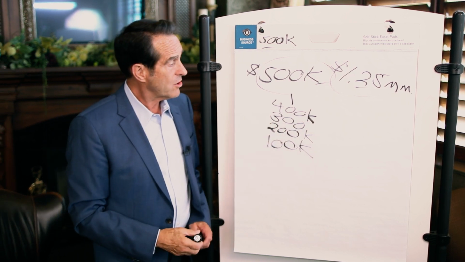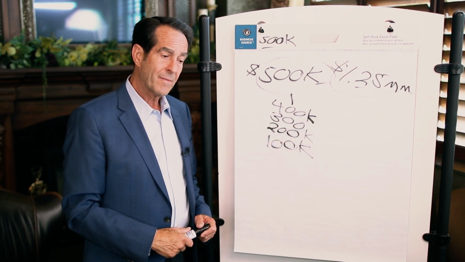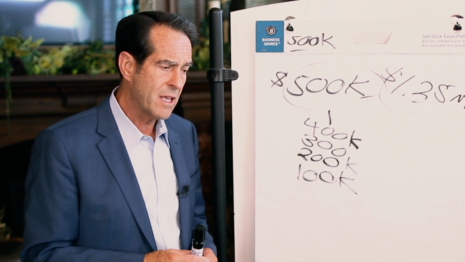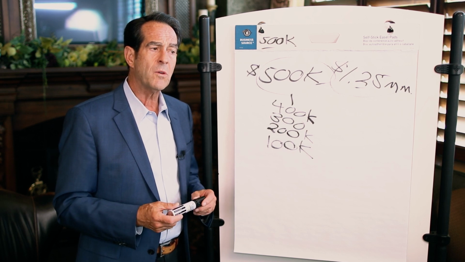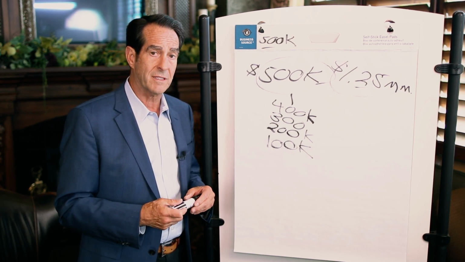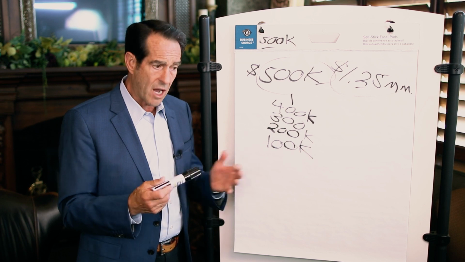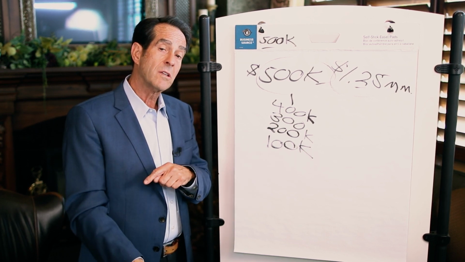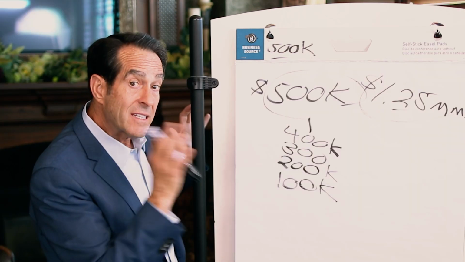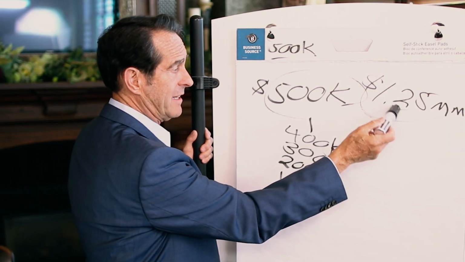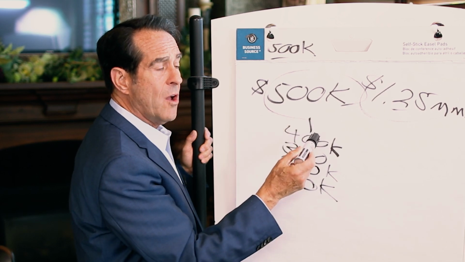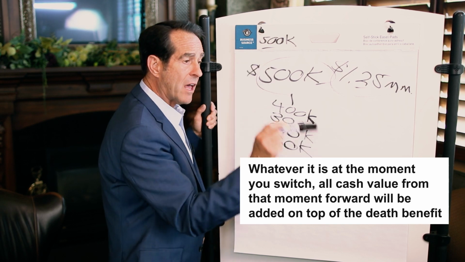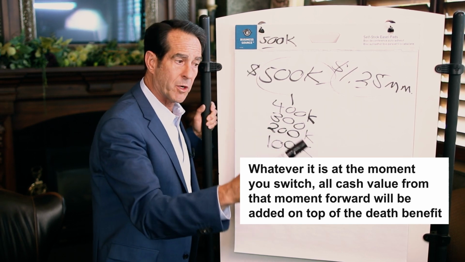Or let's say you're under option A, and all of a sudden, and this has happened a few times, maybe 5% of the time with my clients, you find out that you are diagnosed with a terminal illness. When that happens and the doctor says you've got 2 years or less, you may want to switch to option B. That doesn't mean the original death benefit is added on top of your cash. It means whatever it is at the moment you switch, all cash value from that moment forward will be added